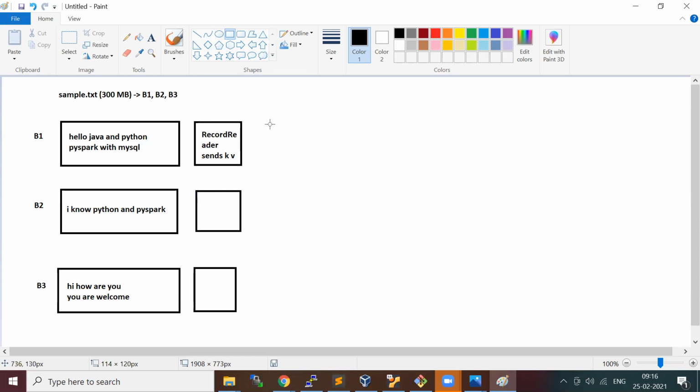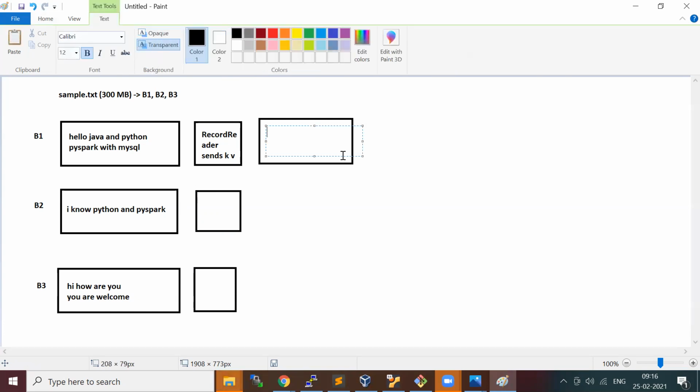So now you actually have a mapper here. This is the mapper, and you have a map method which takes a key value pair and also a context. Then you convert each key value pair.